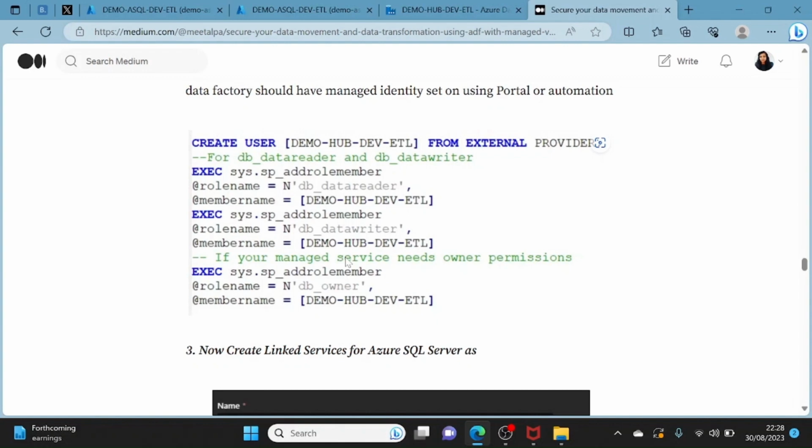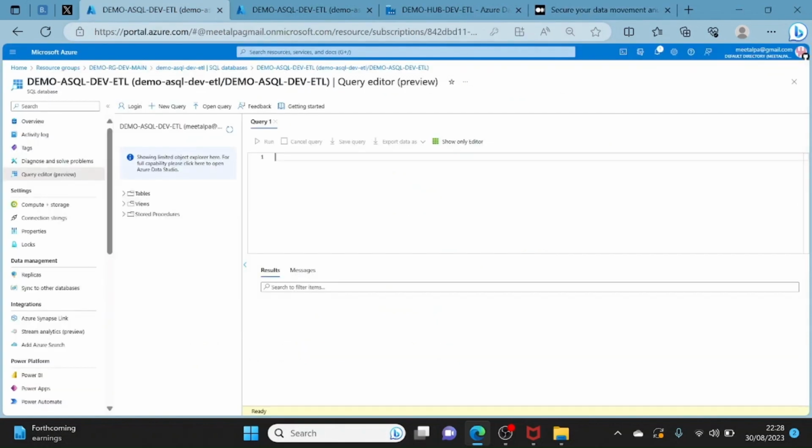So you need to run this script under Azure AD account using the Azure portal or Azure SQL data tool or Visual Studio or any other way where you can access your database and run your query. So you give that one,